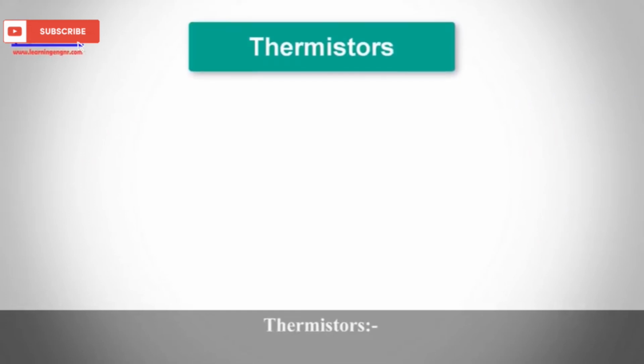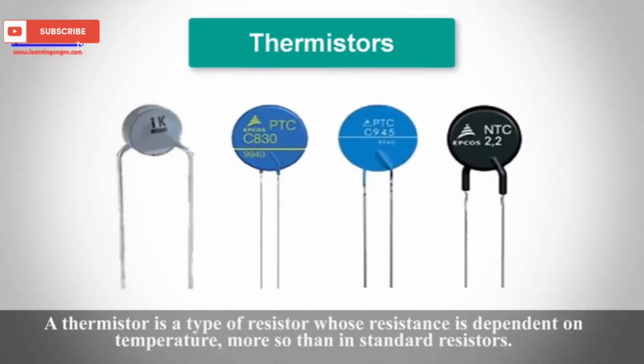Thermocouples are used in many industrial, scientific, power generation, oil or gas, pharmaceutical, biotech, cement, paper and pulp, etc. Thermistors. A thermistor is a type of resistor whose resistance is dependent on temperature, more so than in standard